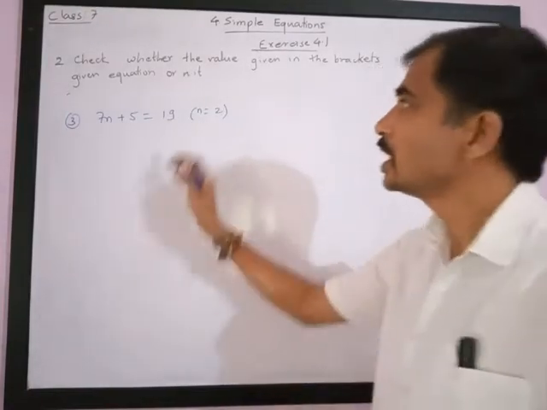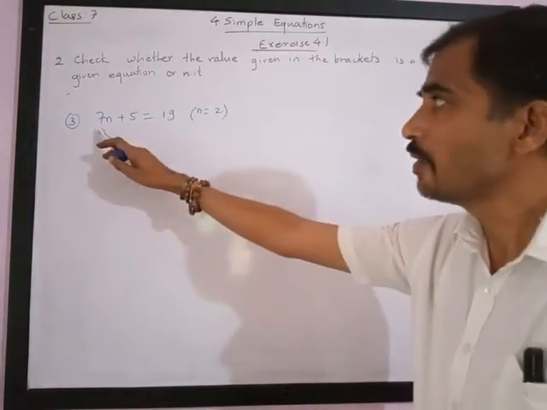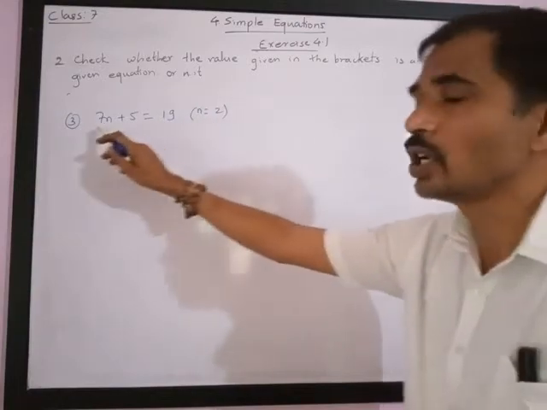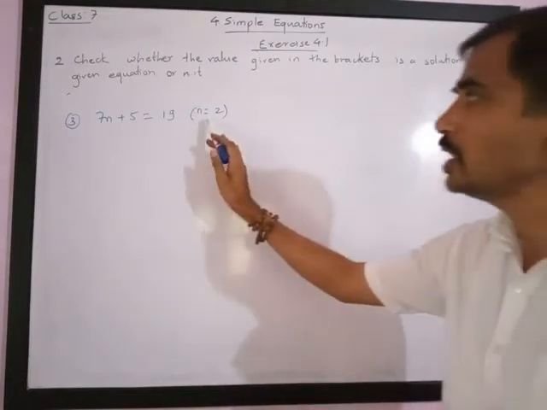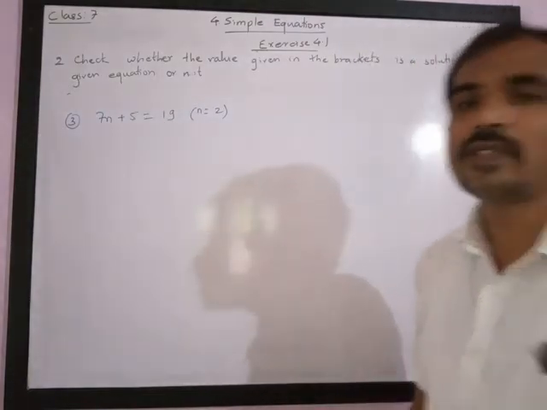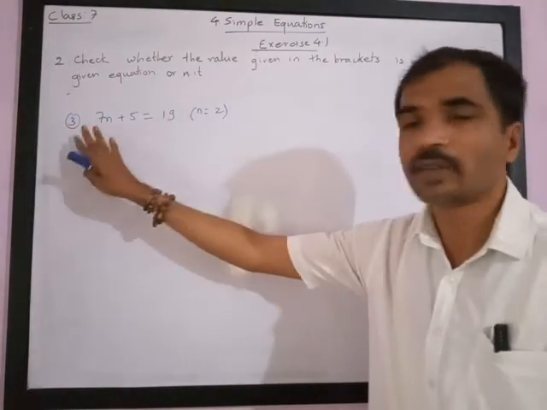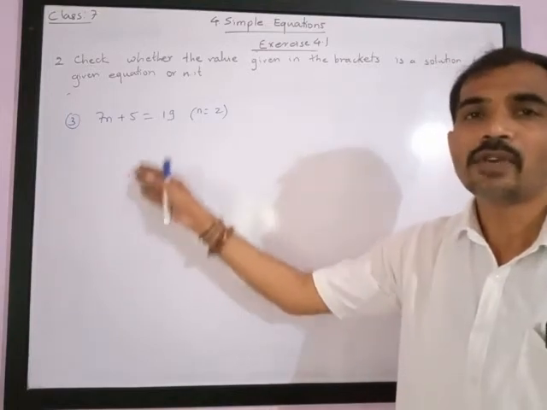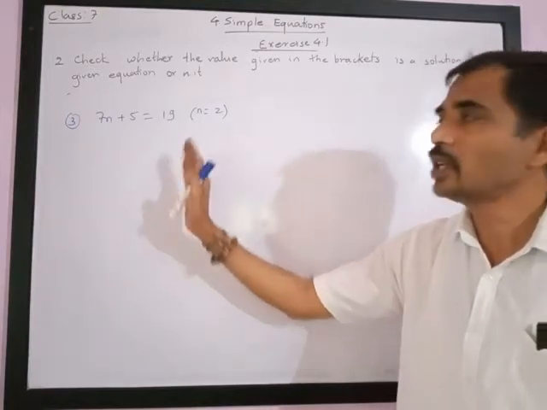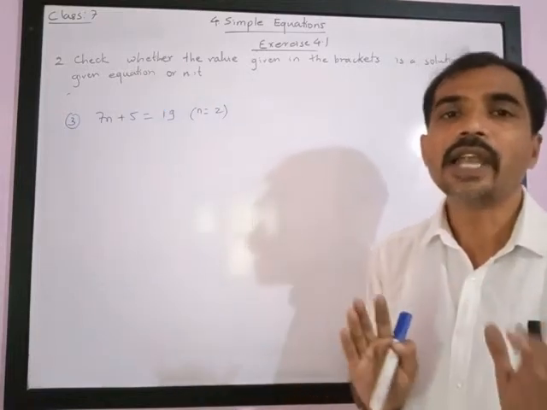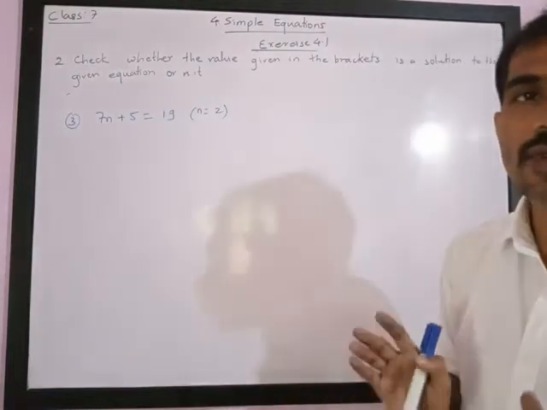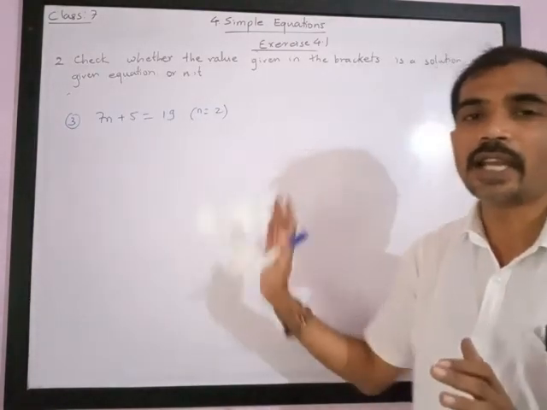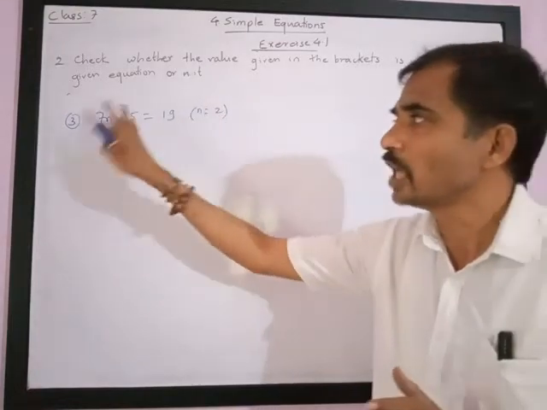Dear friends, next is the equation 7n plus 5 is equal to 19, and we are asked to check whether n is equal to 2 is the solution of the given equation or not. So for this we have to consider LHS. Now I have noticed some students directly put n in the equation. If you put this n is equal to 2 in the equation, you will get some wrong steps which are mathematically incorrect. So you have to consider LHS and RHS separately in all the cases, whether it is a solution or not. So I request you to solve left hand side separately and right hand side separately. Don't put n is equal to 2 directly in the equation.